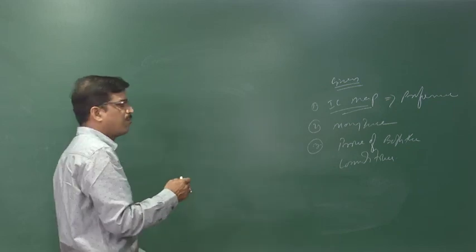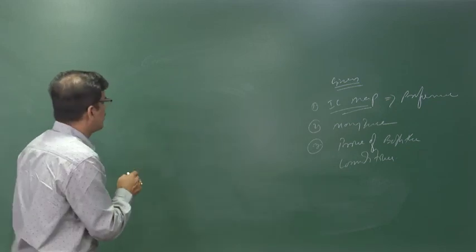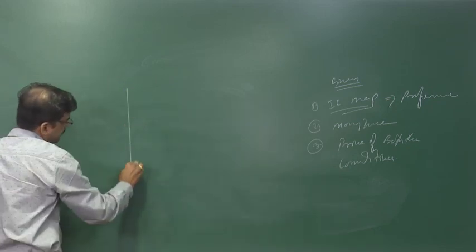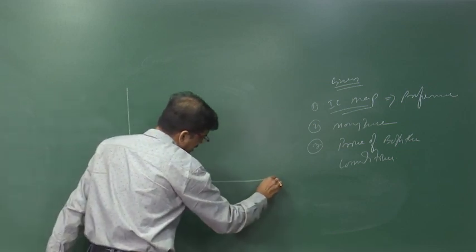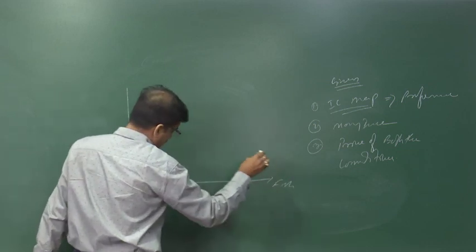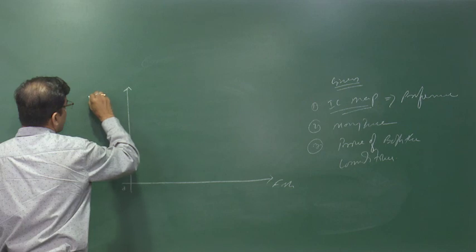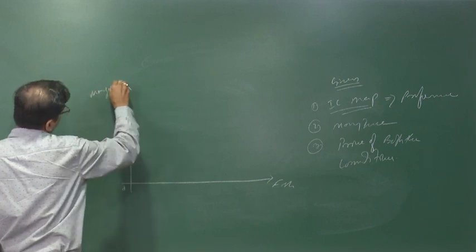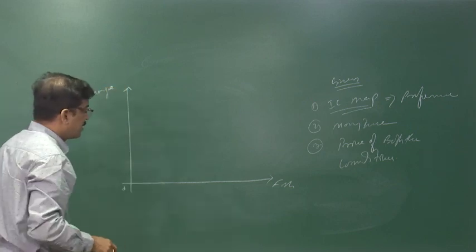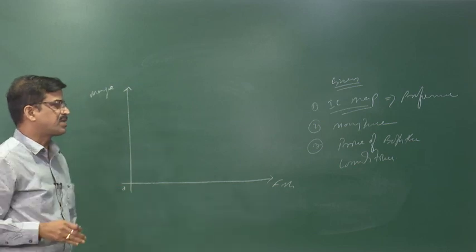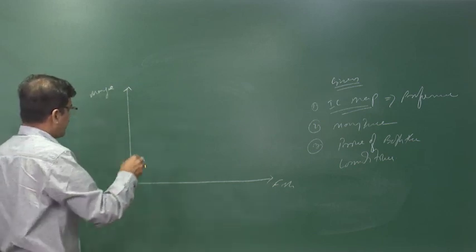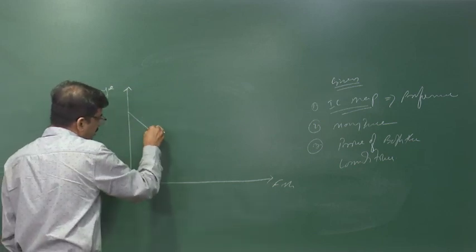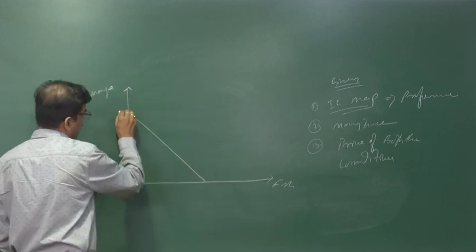Okay. Now considering these two terms, they enter into here. On the X axis we take fish and on the Y axis mango, right? If the money income and the price of the commodities are given, then we are able to trace the budget line or the price line, that is called the PL, let us say,